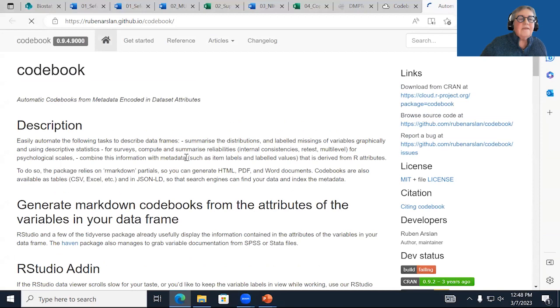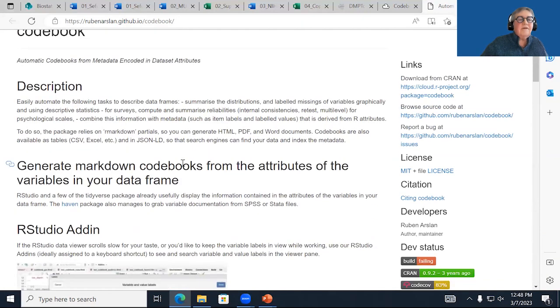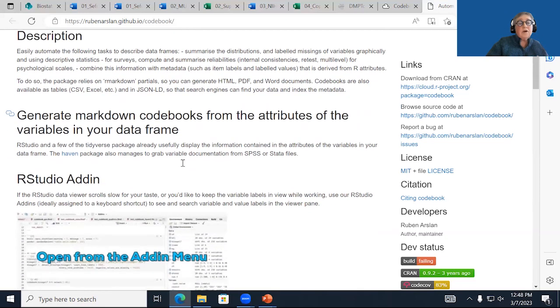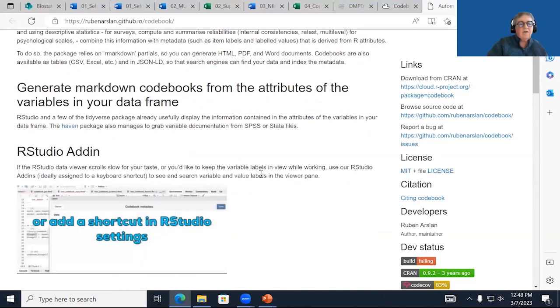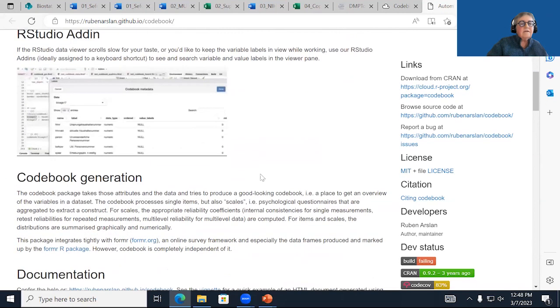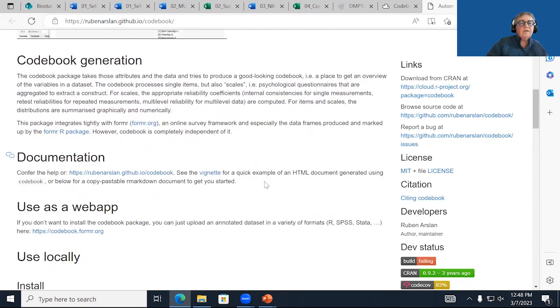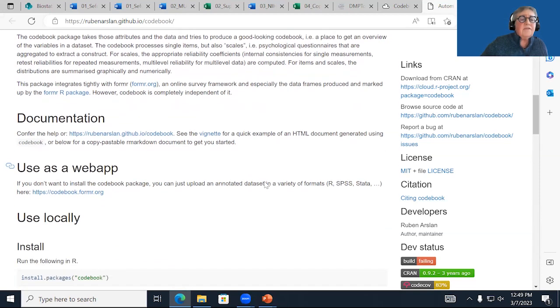Okay, thank you. So you'll see in terms of any vignette, this code book is allowing you to go through and work on what's happening in terms of the metadata. It's indicating that there is an add-in for RStudio. If we could go down a little, the generation of the code book. There also, you could see in the section, it's this Form R, which is another online survey framework, as well as the documentation. A point I'd like to make in terms of this is the data set that I use